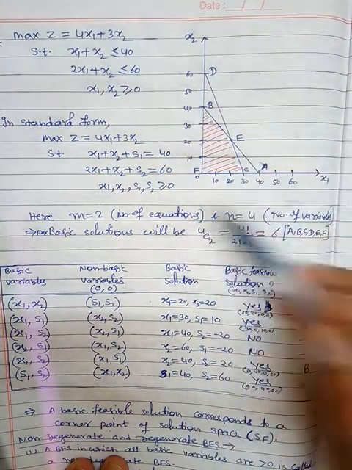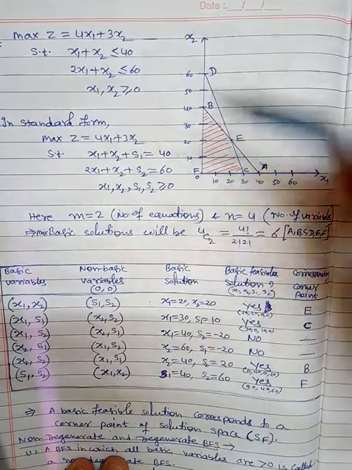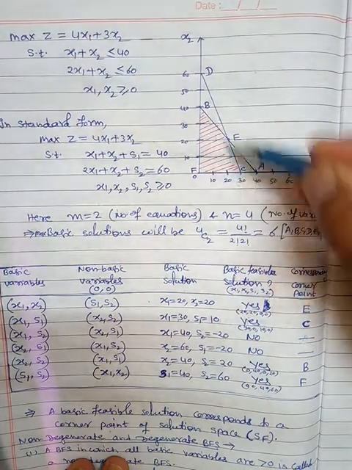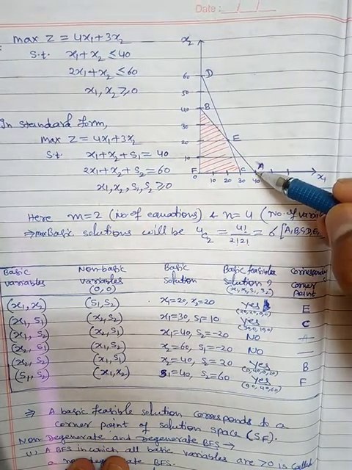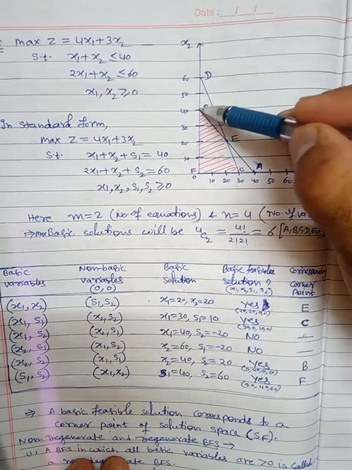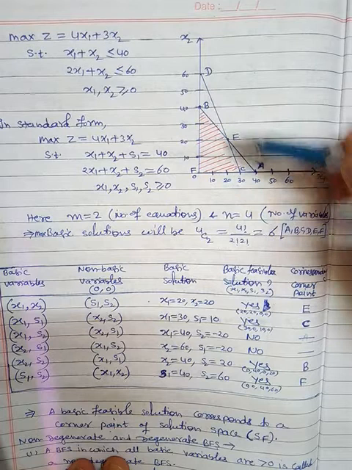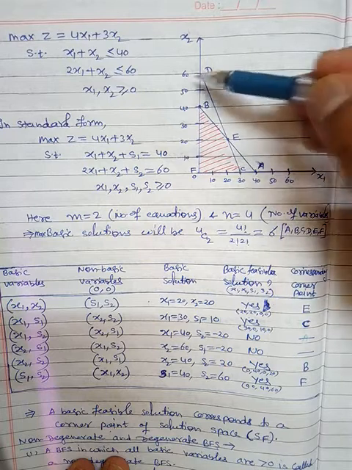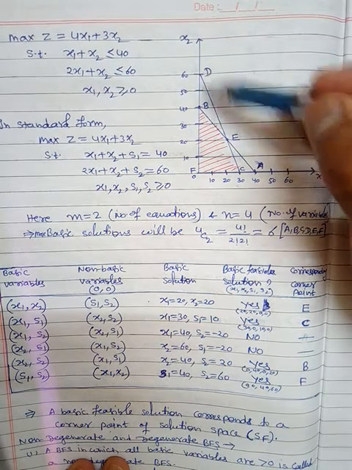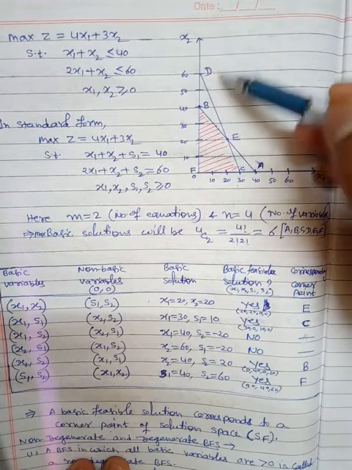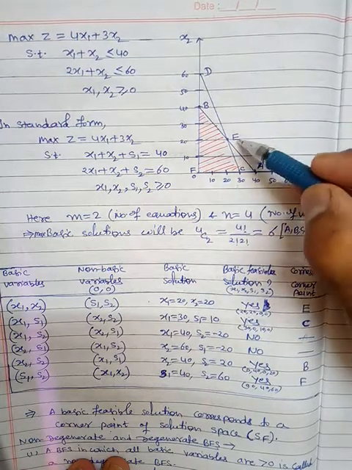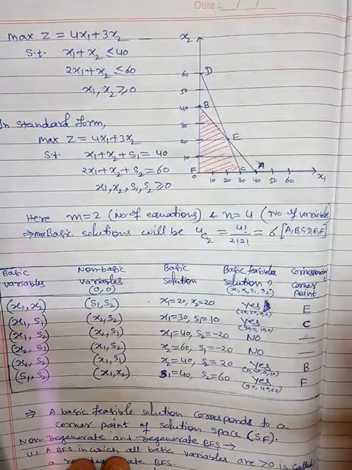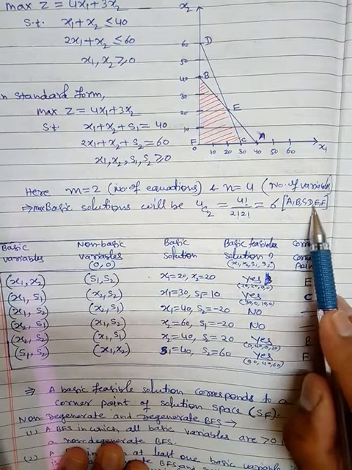So in this figure, you can see those 6 corners. One is this A. This is also a corner. Obviously, this will not be a corner of this feasible region, but this is a corner. Then we have the second corner point B, which is a corner point of this feasible space. Then the third is C, a corner point of this feasible space. Then D, this is another corner point, but this is not a corner point of the feasible space. That's why this is infeasible. This is not feasible. Then E and F. So ultimately in this figure we have a total of 6 corner points denoted by A, B, C, D, E and F.